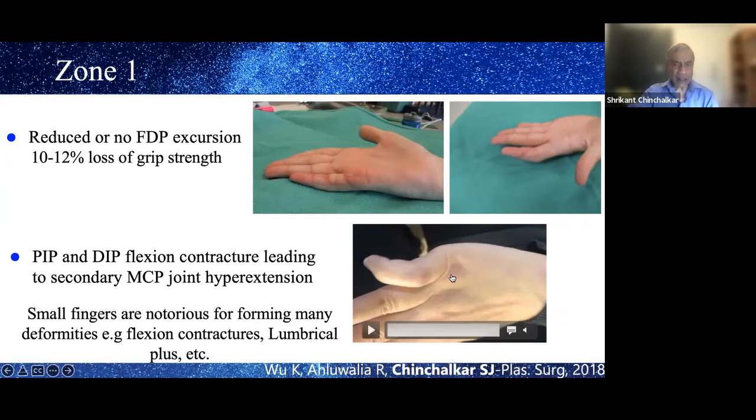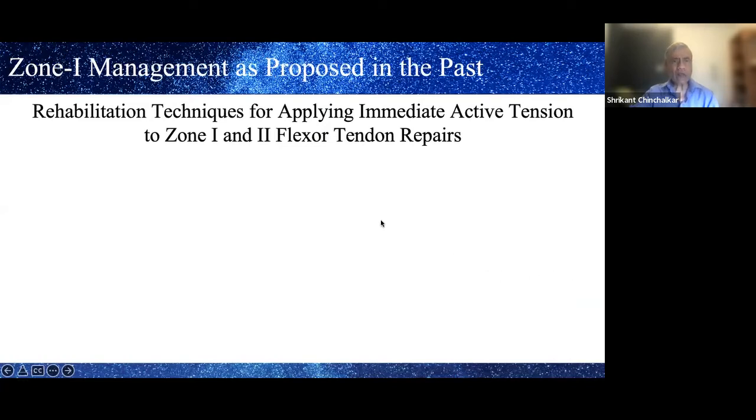For example, here, the person's metacarpophalangeal joint is riding in much greater hyperextension. So you can very well imagine that the sagittal band at the metacarpophalangeal joints has become somewhat attenuated, and therefore they are not limiting the excessive excursion of the extensor digitorum communis, as well as the extensor digiti minimi. There was one paper written by an individual from Florida who mentioned